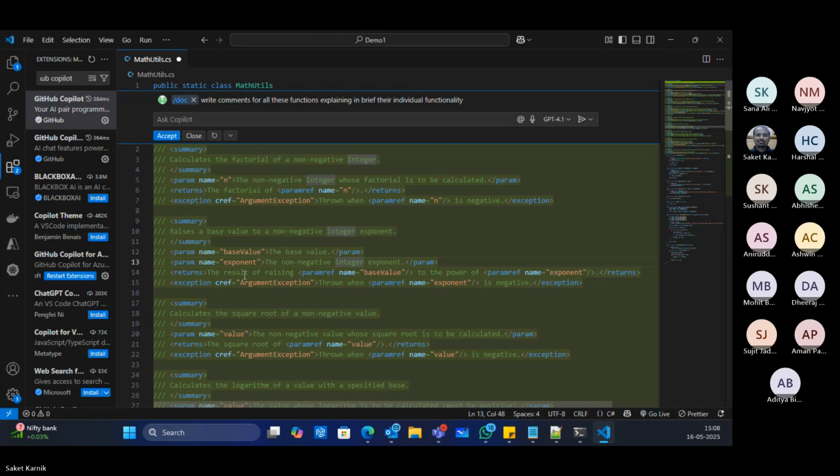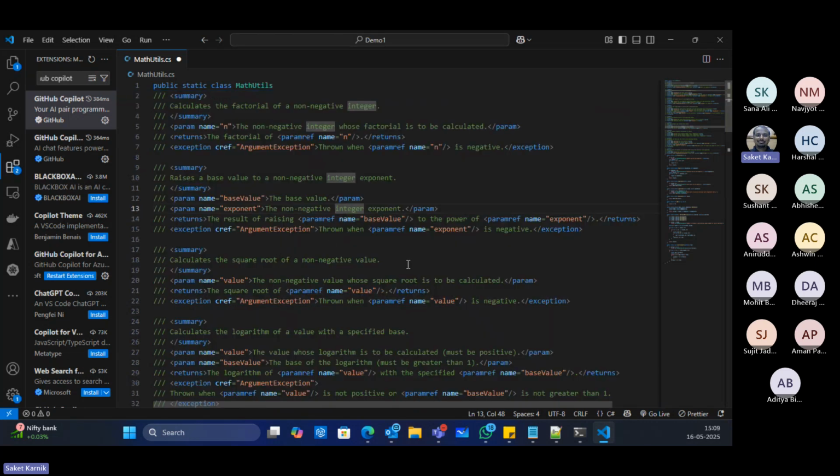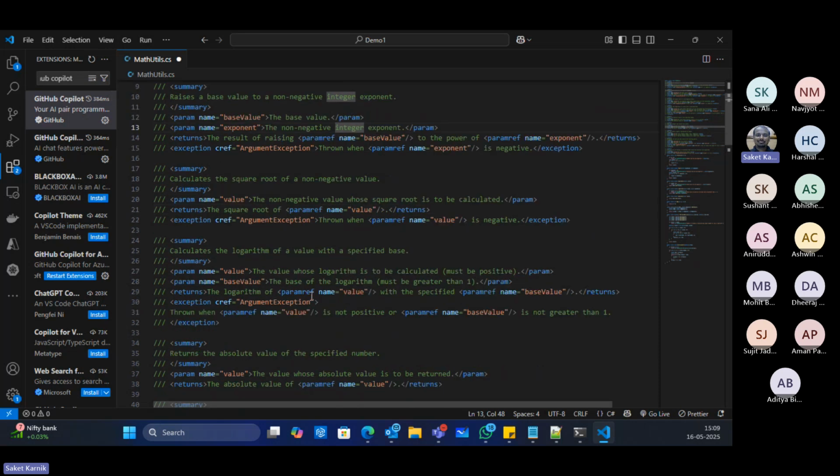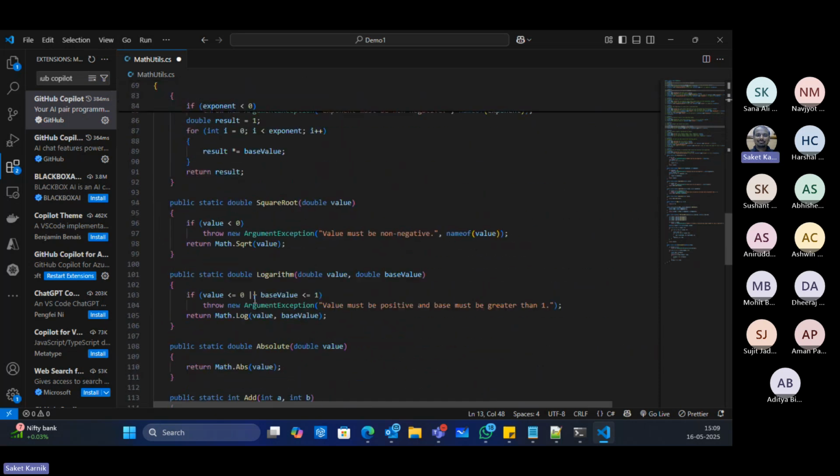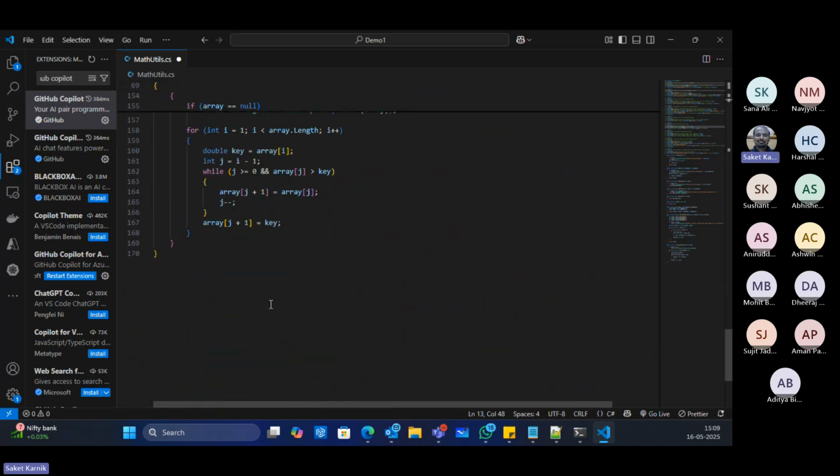Yes, because ultimately the comment is being generated within my code. So it's completely editable. Understand? It makes it very, very powerful. I just say accept if I'm okay with the comments, and then one by one, I can just move all the comments to their respective positions for the functions.